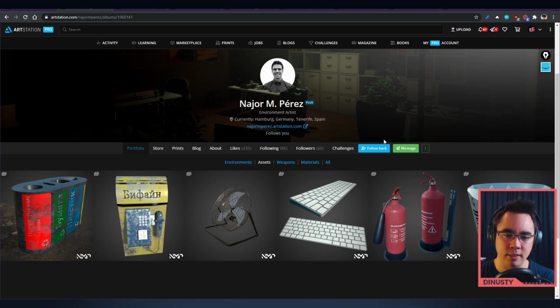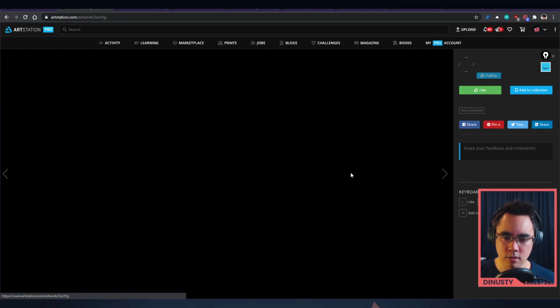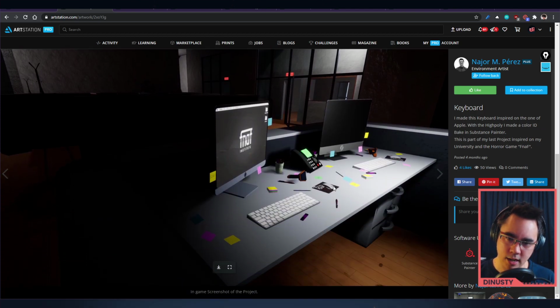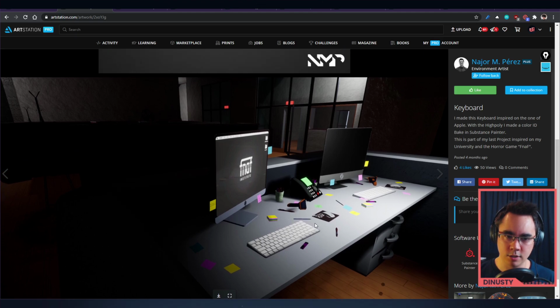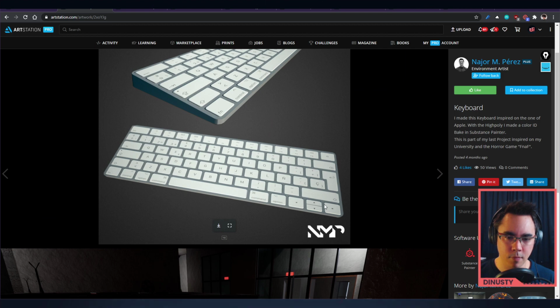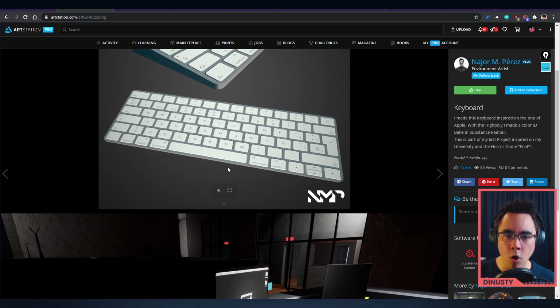Once you have an asset that, without materials, looks exactly like the thing in reality, for example, the keyboard here, then you can move on to materials. Now, if I click on this keyboard, the keys are very flat, which I guess kind of works for this view, because you're pretty far away from it. But I would definitely be bringing these keys up to even just get that ambient occlusion in there, or getting a normal map on there that really helps those shapes pop out.